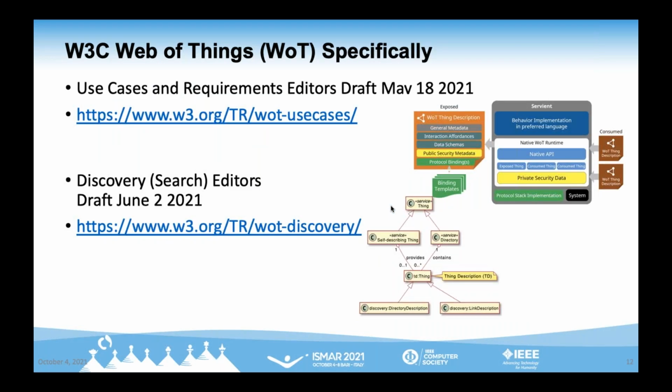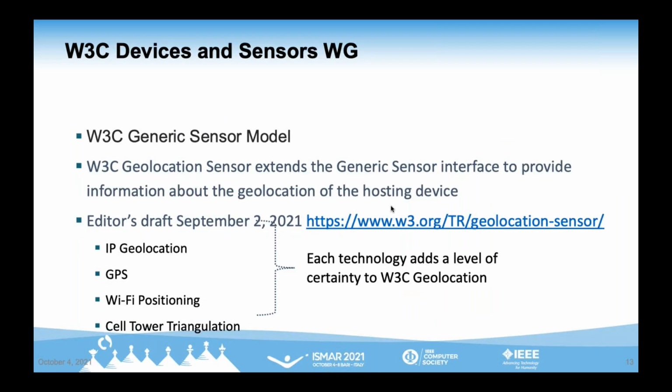I currently attend the use cases and requirements group. There are, I think, 7 different sub-working groups within the Web of Things, and I attend the use cases and requirements group and the discovery working group. Those 2, I know, are very much thinking about augmented reality use cases and the discovery of augmented reality, or at least understanding where a thing is in the physical world in order to use it for augmented reality experiences. So these are, I consider, quite active at this time and something to be watched closely.